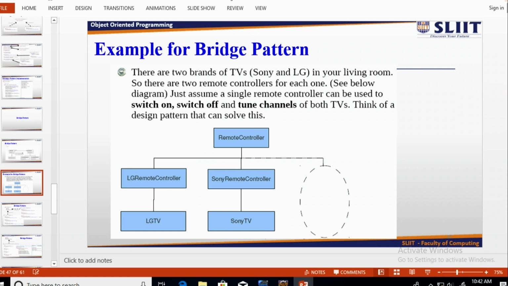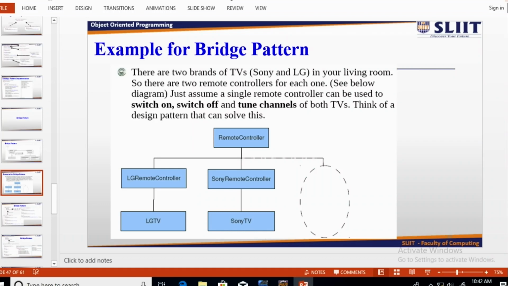So for that we have to use a separate design pattern. With one remote controller, how are we going to separately call two different objects? This basically separates out two algorithms that vary individually.